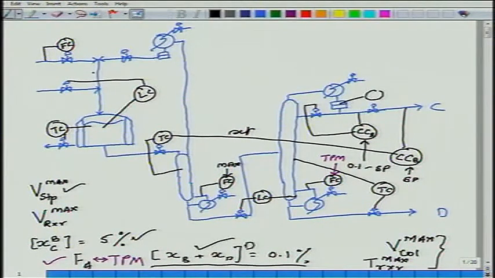The flow controller set point comes by multiplying, this is what we did last time, and if this is A and this is B, we argued that this ratio set point, this one here, should be what? Slightly less than 1, because you require a slight extra amount of B compared to fresh A. Why? Because